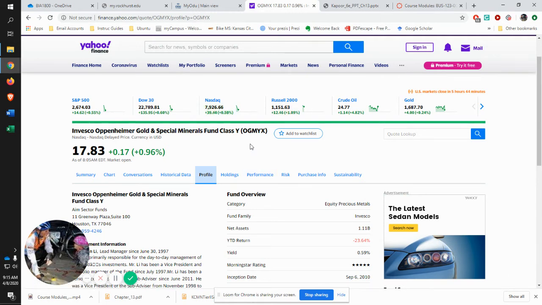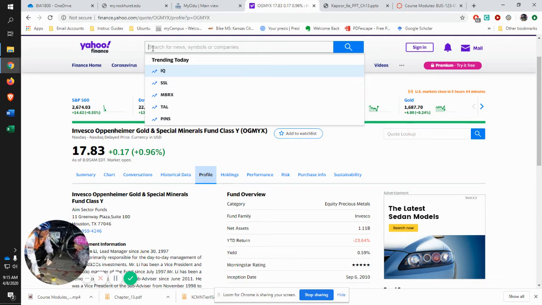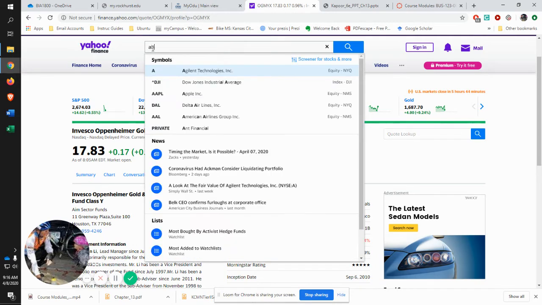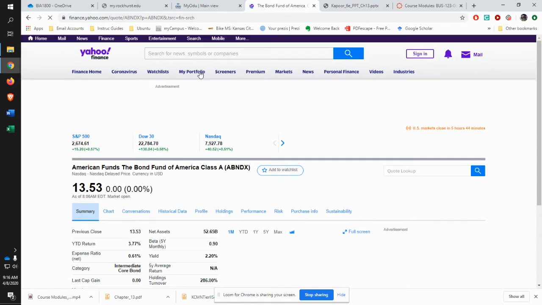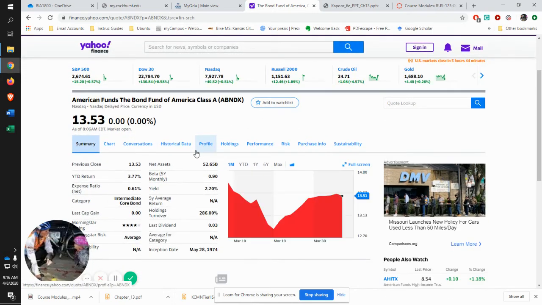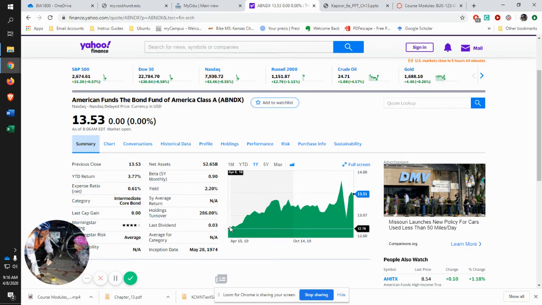Now, for example, let's look at a couple of funds that I have in my retirement account. Let's see, ABNDX. It's American Funds, Bond Fund of America, Class A. You can see that right now it's trading at $13.53 a share. Earlier this month it was at $13.77. A year ago it was at $12.79. And so you can see that it has had an increase as far as its value is concerned. Now the yield is only